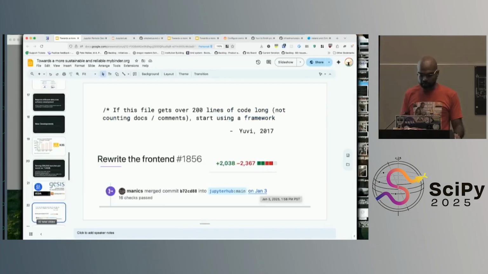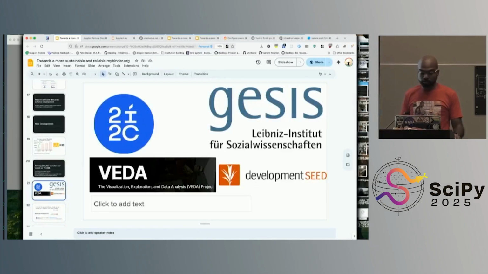So there's also a bunch of other stuff going on in Jessis. Arnim, who's someone at Jessis, has been supporting us throughout for a long time. And 2i2c has been doing this. NASA Veda is a wonderful project that is also helping put cycles into this through Development Seed.